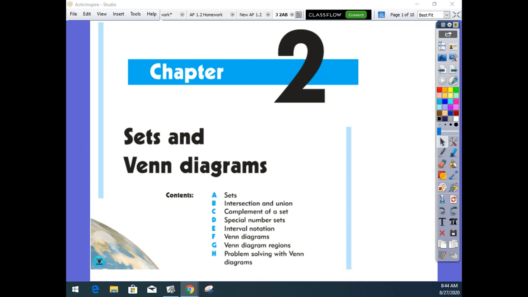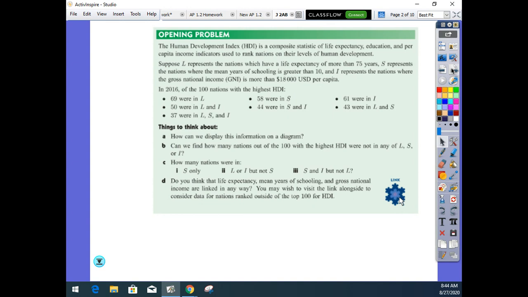Okay, chapter 2 is all about sets and Venn diagrams. It's really not hard. You probably have come across some of this notation in the past, but it's a way to organize a lot of information. So the opening problem talks about the Human Development Index, and it talks about life expectancy, education, all this stuff. And it talks about the number of people represented in each of these. Okay, so we're going to learn how we can organize this information to make it easy for us to find